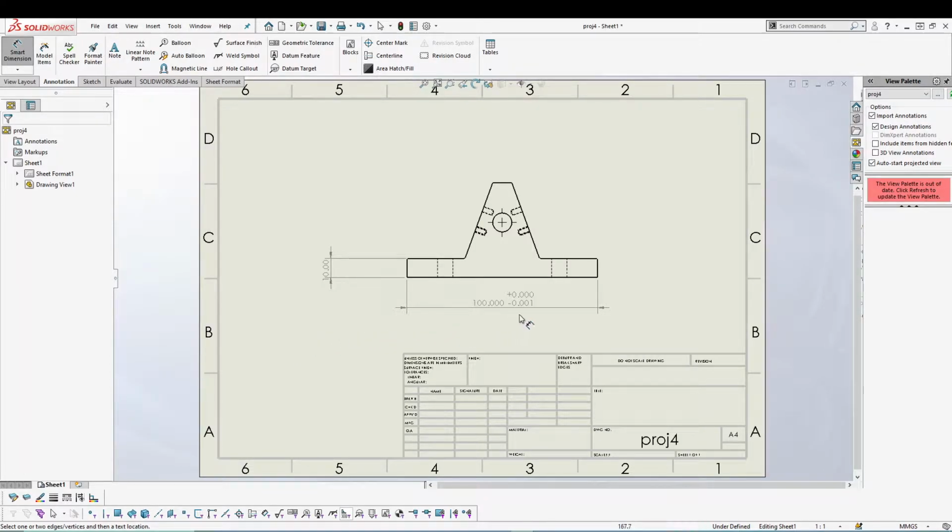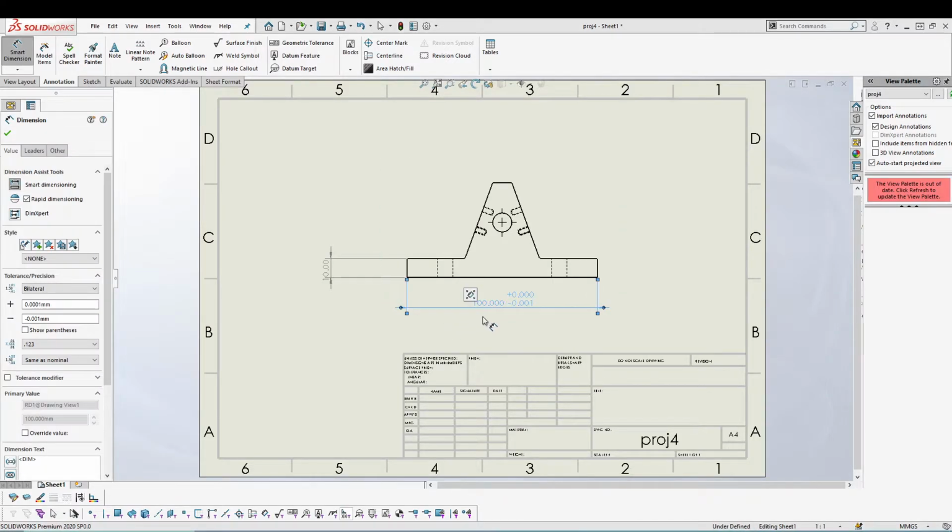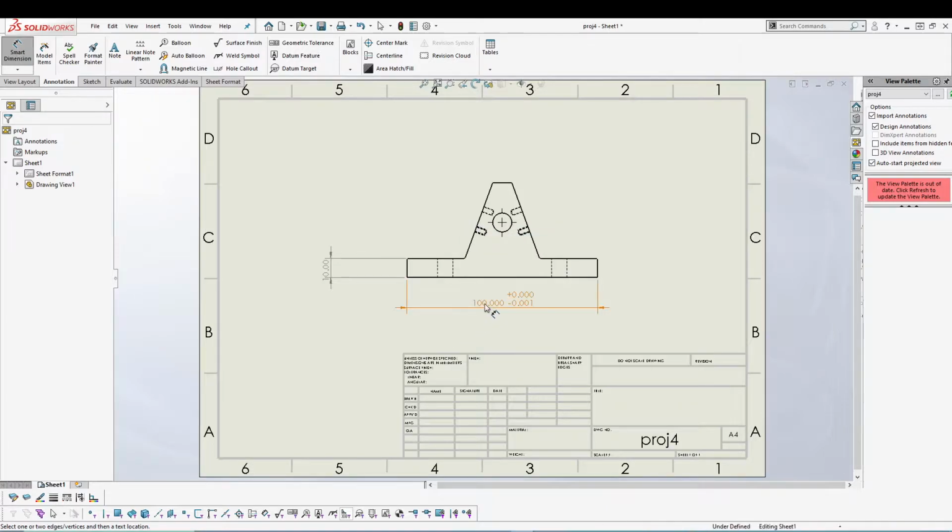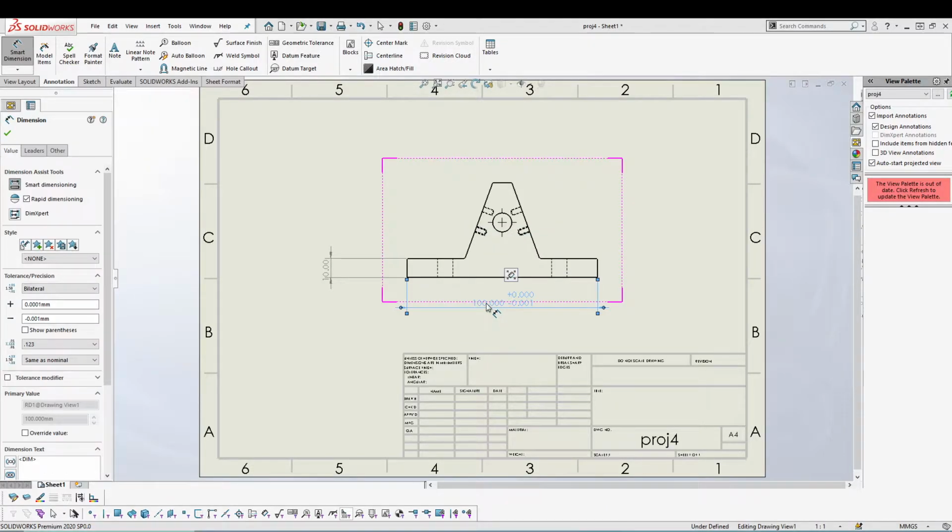Another tool that you might have noticed while doing dimension is when I click on any of the dimensions, I get these 4 arrows, right? So I click it, you can get this small tool which indicates 4 arrows and the smart dimension icon. So what it does is, if you hover over it, you'll get the dimension palette where you have options to